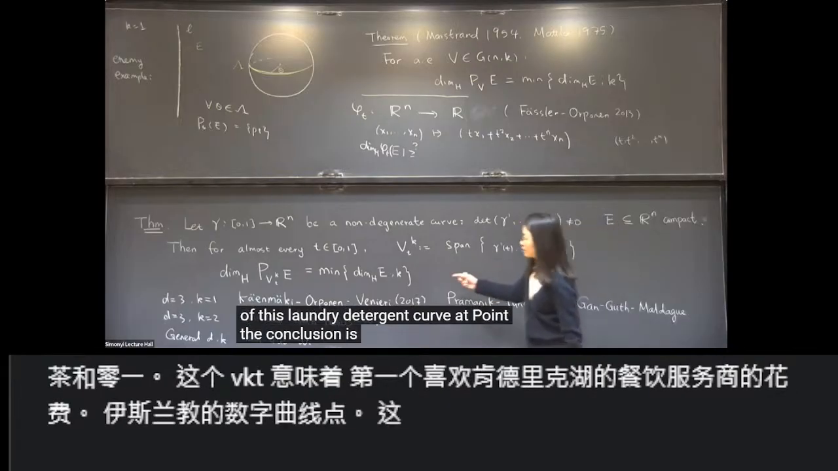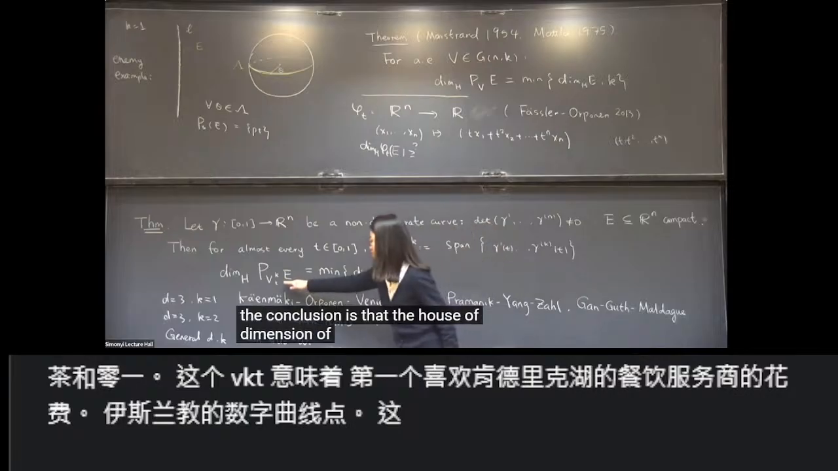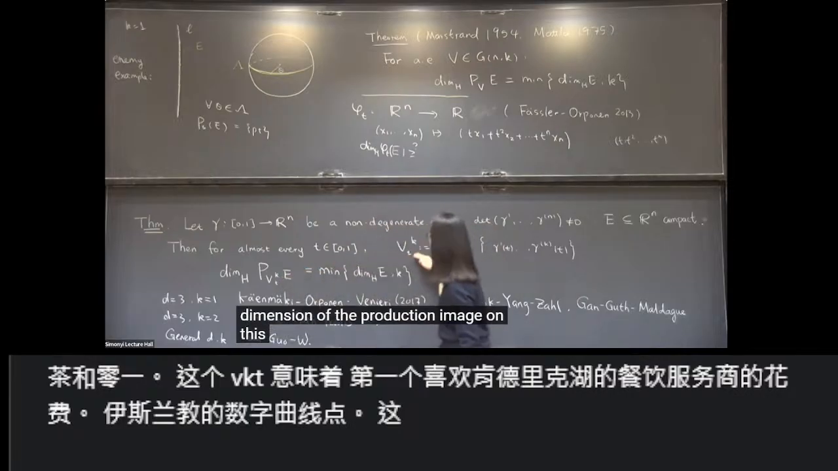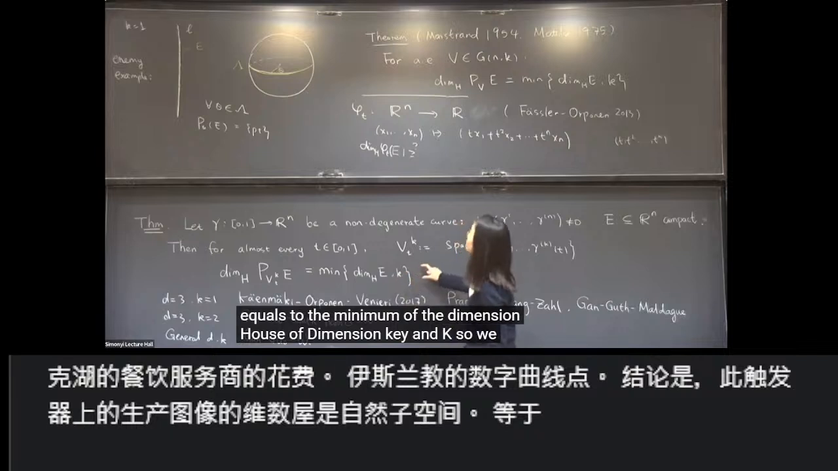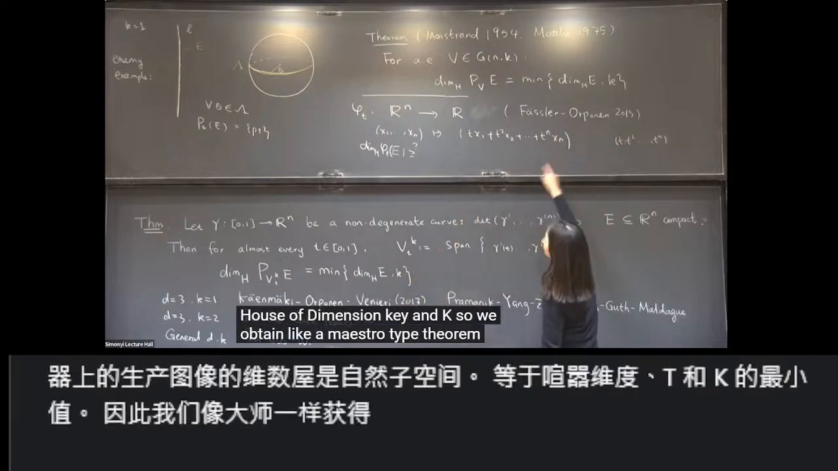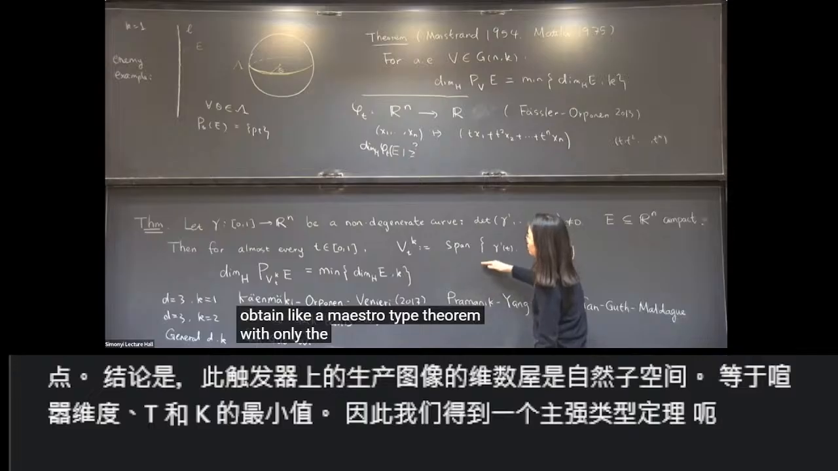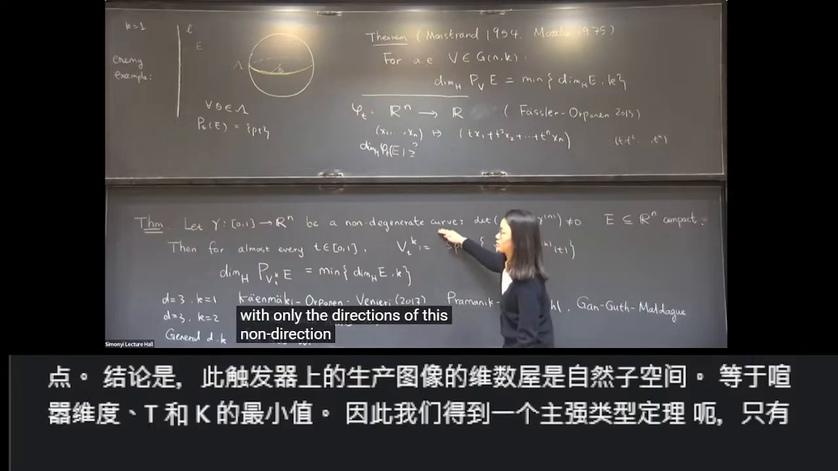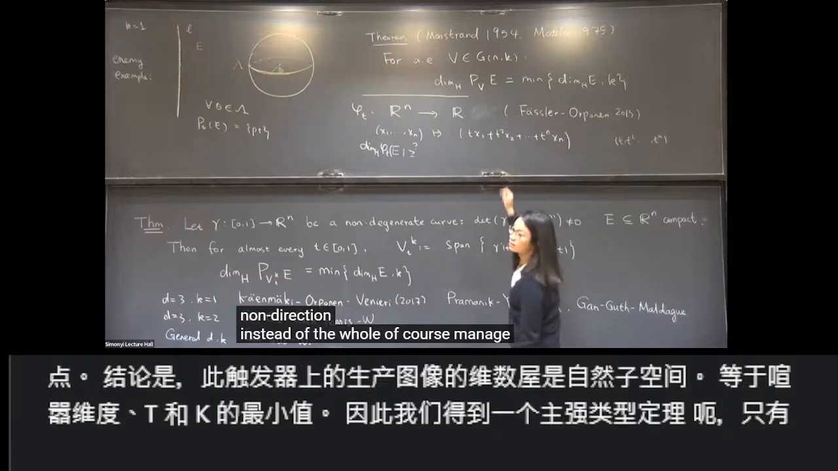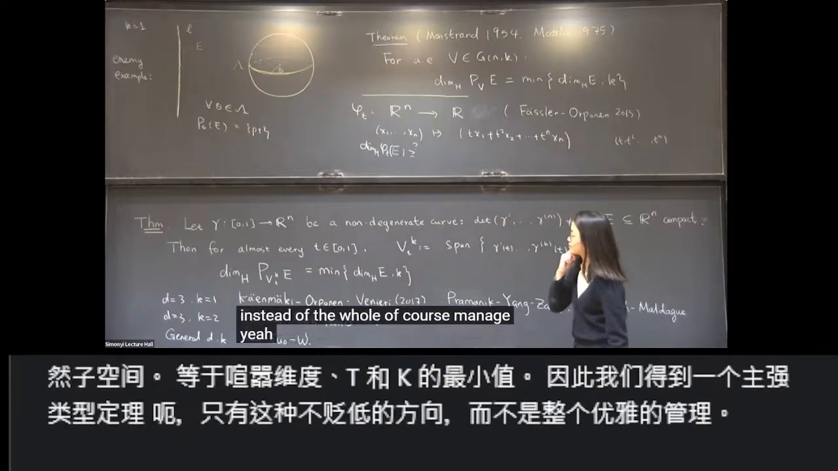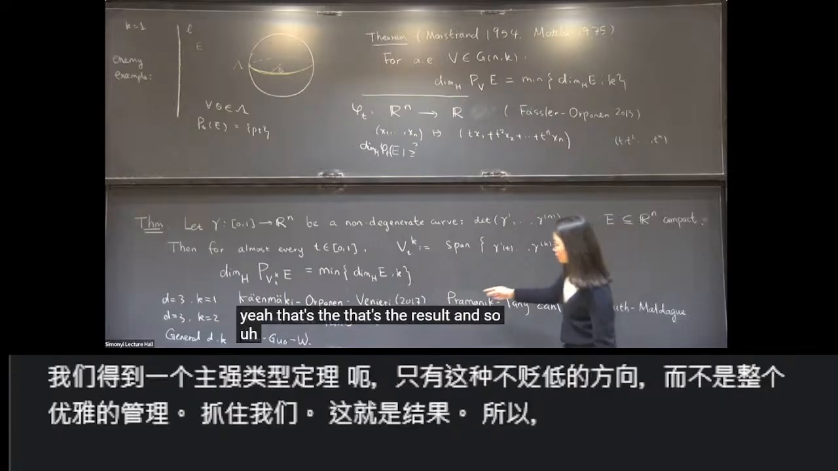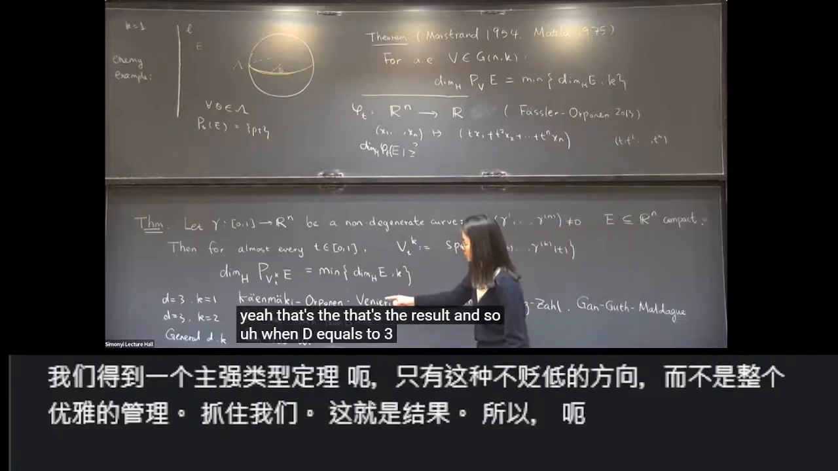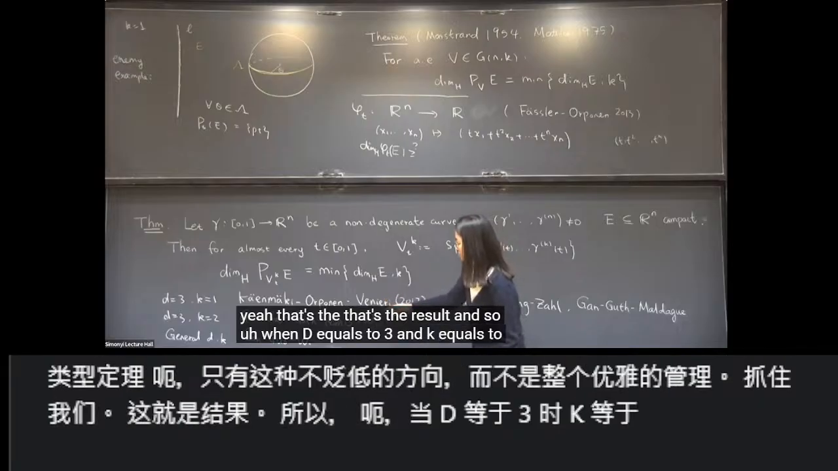The conclusion is that the Hausdorff dimension of the projection image on this K-dimensional subspace equals the minimum of the Hausdorff dimension of E and K. So we obtain a Marstrand-type theorem with only the directions on this non-degenerate curve, instead of the whole Grassmannian. Yeah, that's the result. And so when d equals 3 and k equals 1,